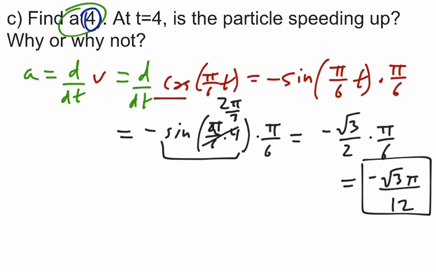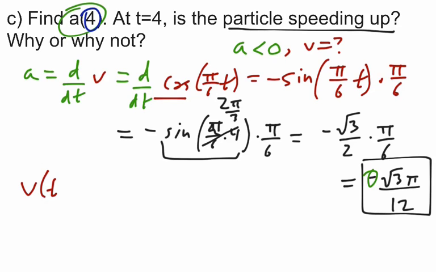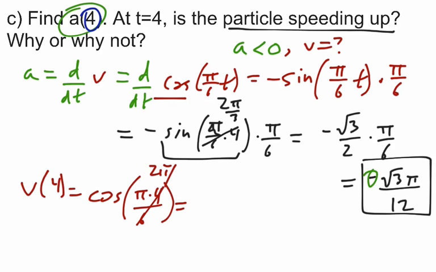Awesome. Now, to find if the particle is speeding up or slowing down, we need to look at two things. We need to look at the sign of A. Guess what? A is negative, because we just found it, and it's negative. We also need to find V at 4. Well, this is going to be pretty simple, because all we have to do is plug in 4 into our velocity equation. So we're going to do cosine of pi times 4 over 6, and again, 4 over 6 is going to be 2 pi over 3, and the cosine of 2 pi over 3 is negative 1/2 from the unit circle. And so we get that A is less than 0, and V is less than 0,